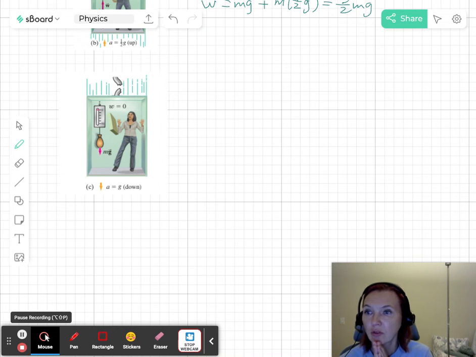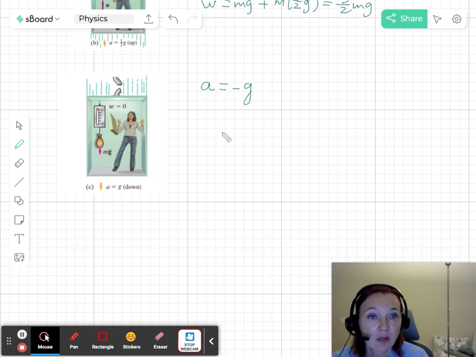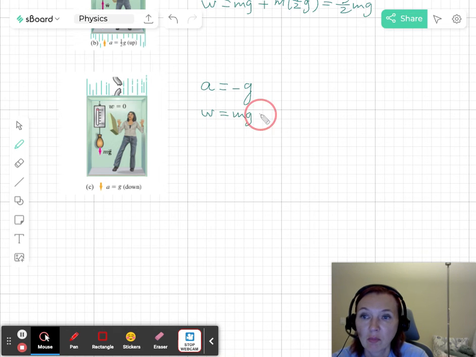And now let's take a look at the third example. All right, this is our third example. Oh no, look at this. The cable broke and the elevator is falling down. What is happening? Well, when the elevator is falling down, then the acceleration is going to be equal to g, and it faces down. So in other words, a equals negative g, and our equation for the weight becomes mg minus mg, which is zero.